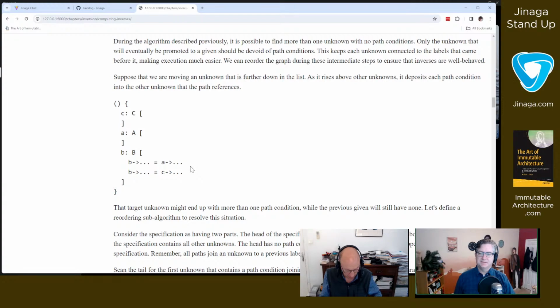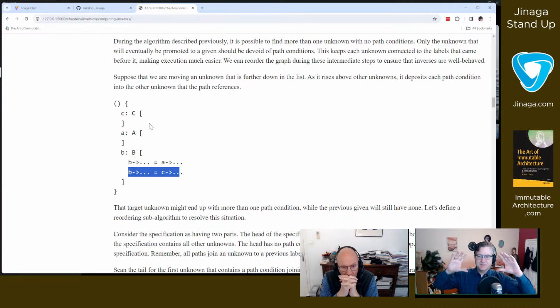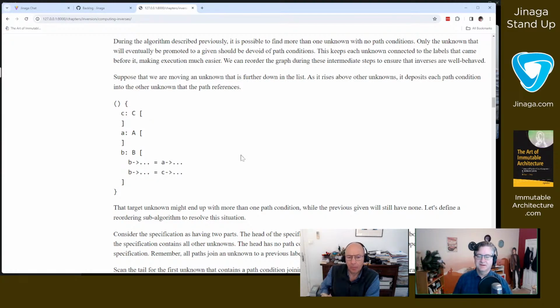So what I have to do is search through the tail for the first thing that can be moved into the head. So the first thing that has any reference to anything that's in the head. So we're looking at C, and so we look for any path that connects to C. So we find it here. So we promote B, and we put B above A. And now it deposits that path into A, but it still has the path that connects it to C. And so now B becomes part of the head, and you repeat there. So now the head continues to grow, the tail continues to shrink until the tail is gone, and you have something that is properly reordered.